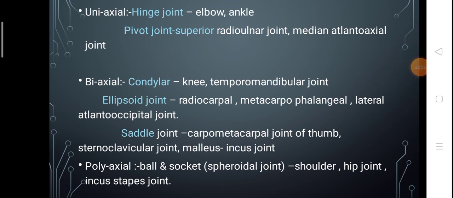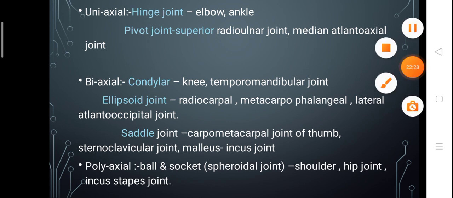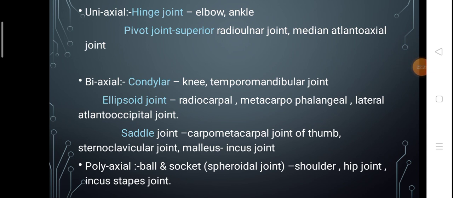It is median atlantoaxial joint. So in the case of biaxial joint, movements occur in two planes or two axes. Under that you have condylar, ellipsoid and saddle joints. So what is this condylar joint? These are modified hinge joints,